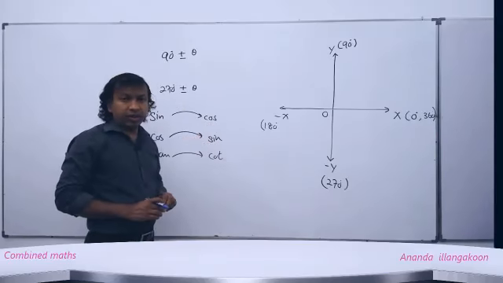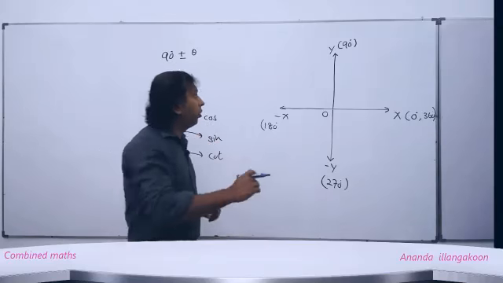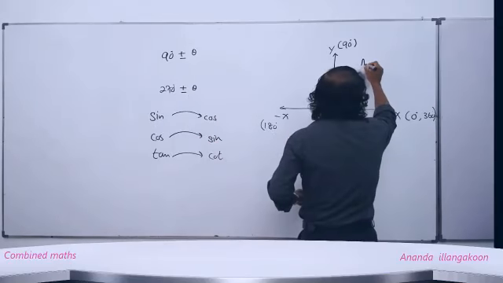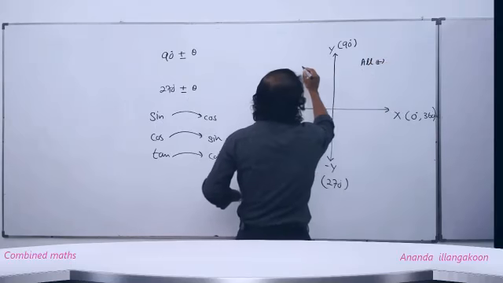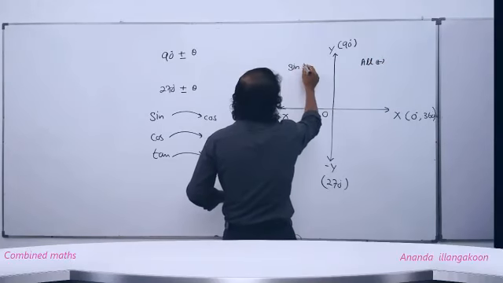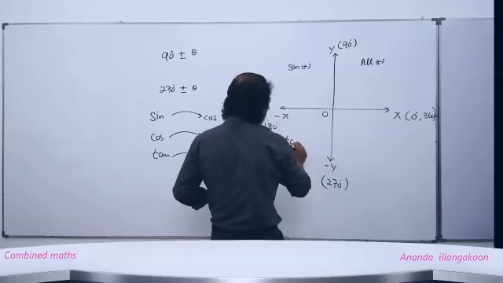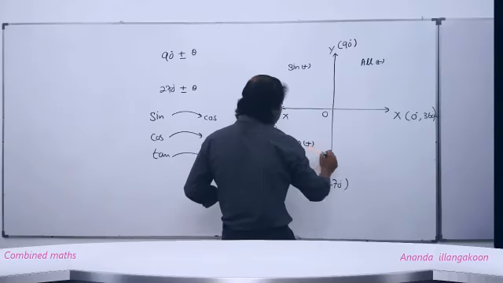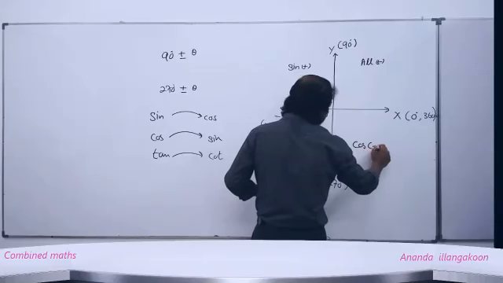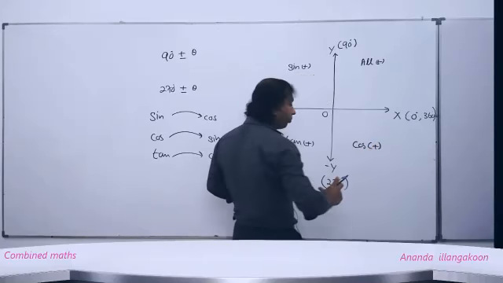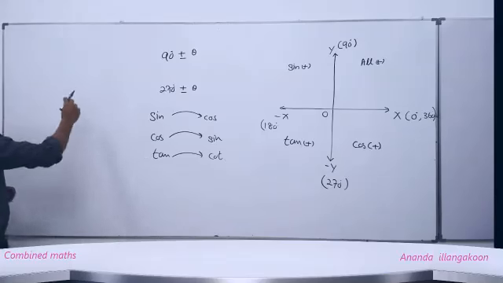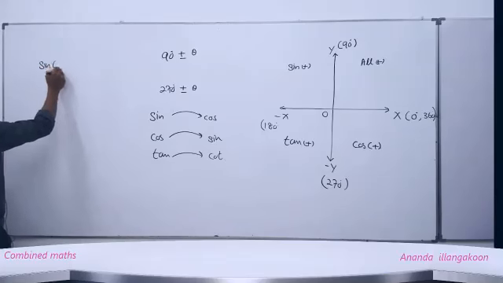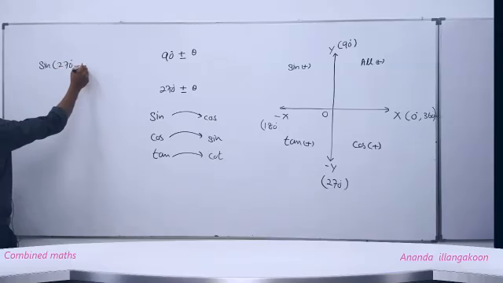To determine that, I told you this way. In the first quadrant, all 3 ratios are positive. Second quadrant, only sine positive. Third quadrant, only tan positive. Fourth quadrant, only cos positive. We said this. Then, for example, if we consider sine 270 minus theta, since the first angle is on the